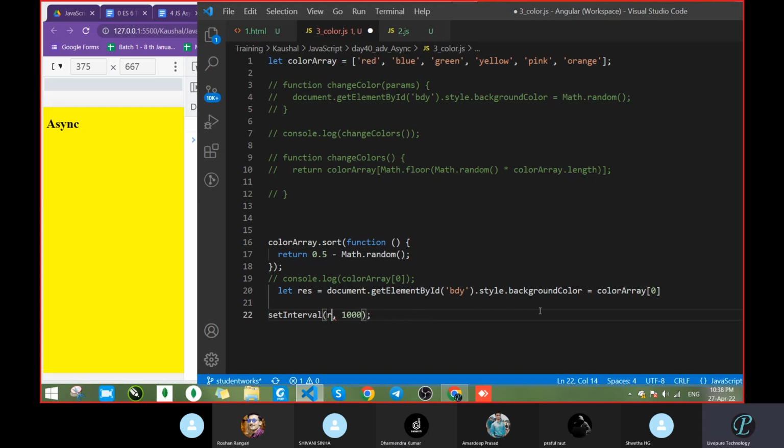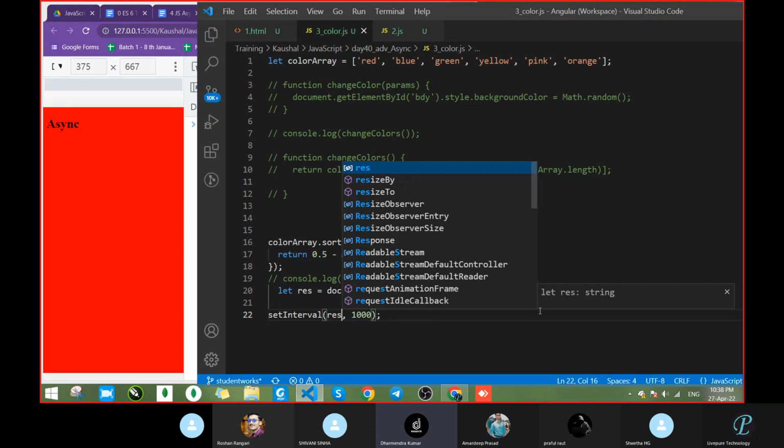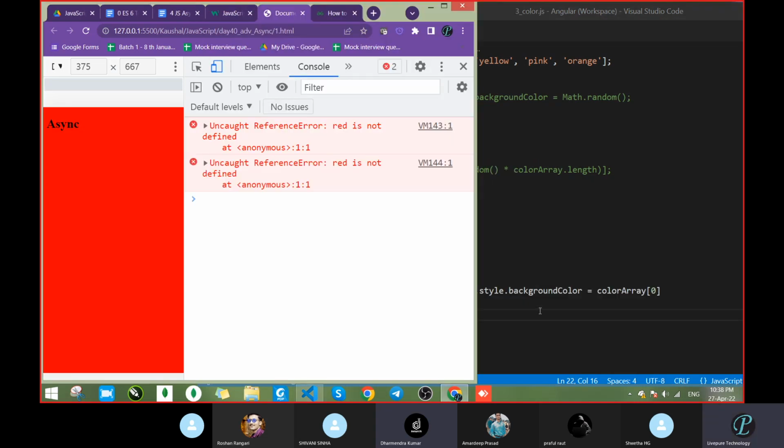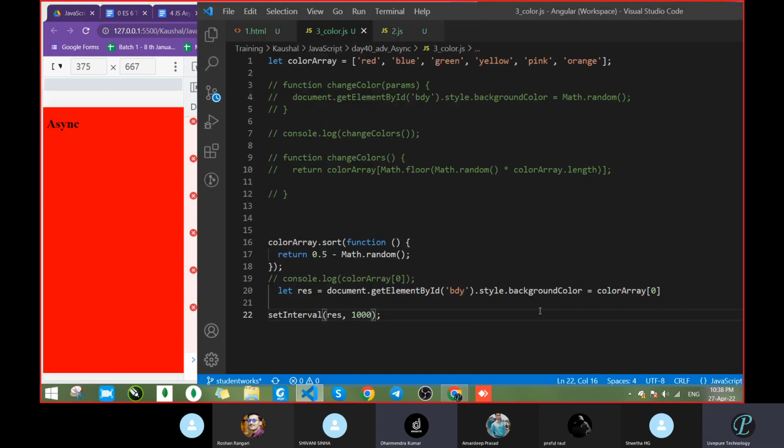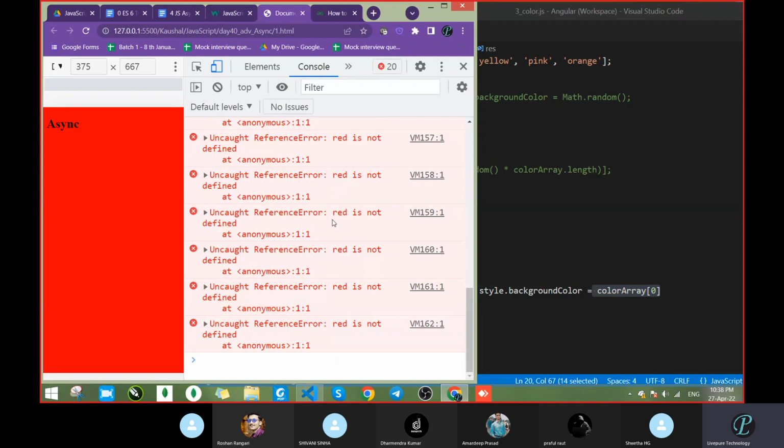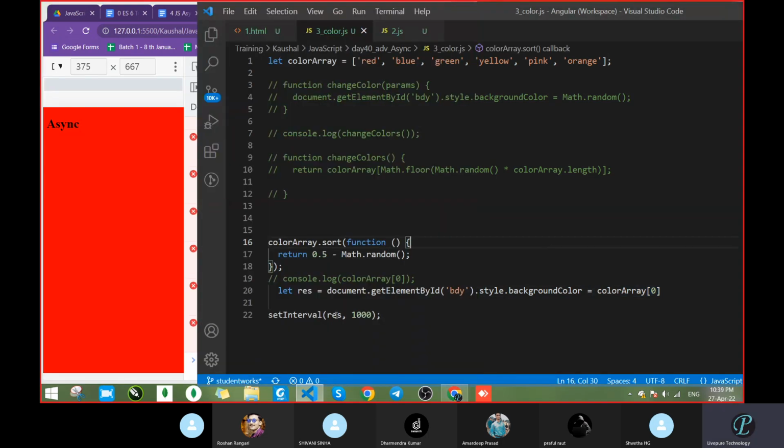One second. Let response equal to. Then what about this value? But I think I have a doubt. See, that error came. Why is this error coming? How can you pass a value here? Because here, what value we had passed, color dot 0, that value affected here because red. Okay, and after that red is not defined because red is a function. It is accepting a function type here, but this is a value. Correct. This is a callback.